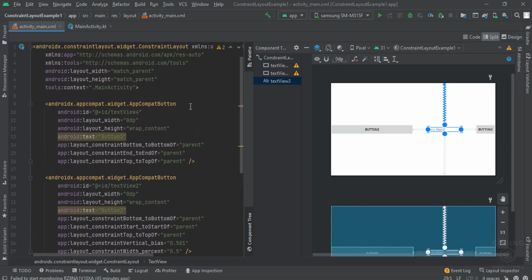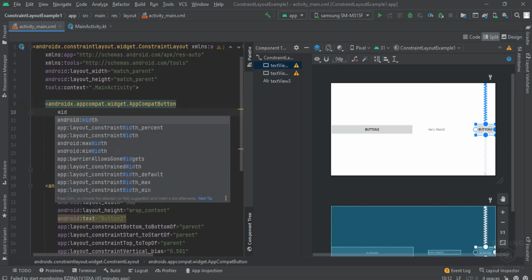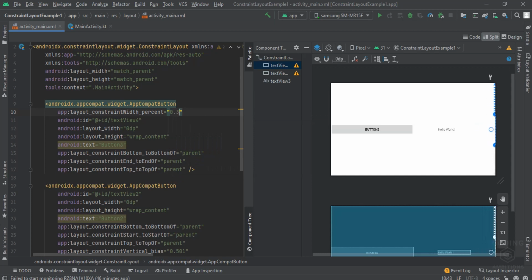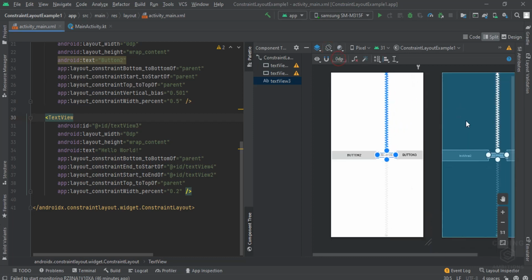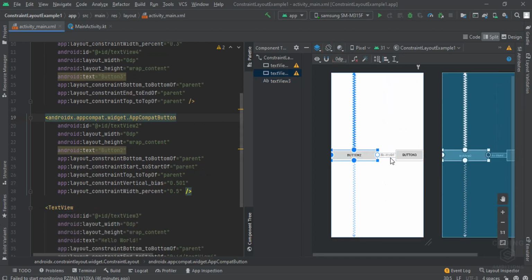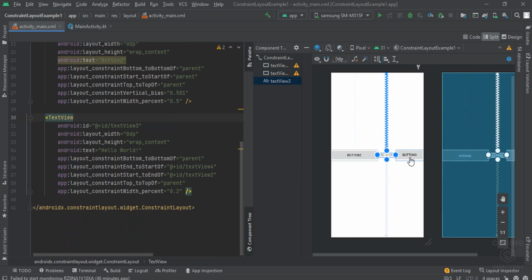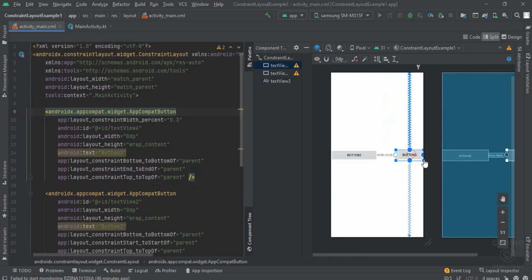Now we will assign width percentage to this one, 0.3, and now it is working properly, you can see. Why was it not working earlier? Because we had not aligned the right of this layout with respect to the parent. So this is the benefit of percentage in constraint layout. It helps us make responsive layouts. So now you can see it on any view: this will take 50%, this will take 20%, and this will take 30%.